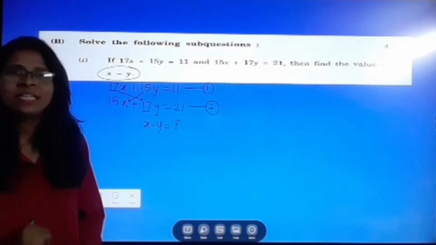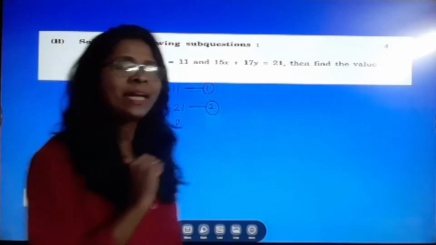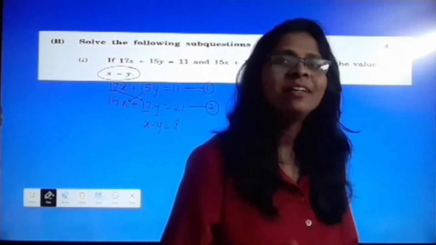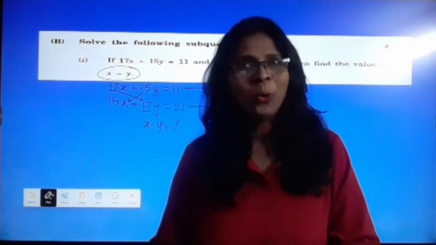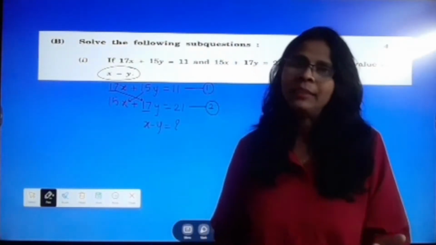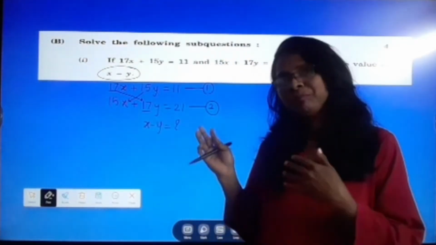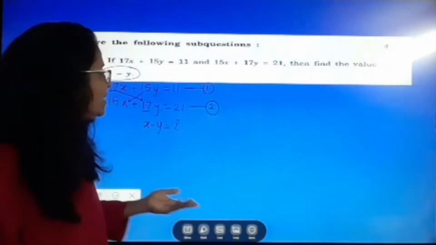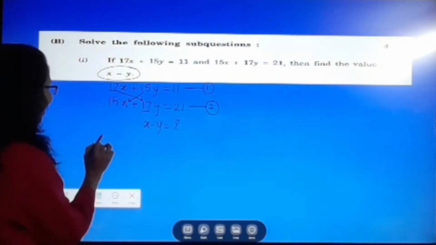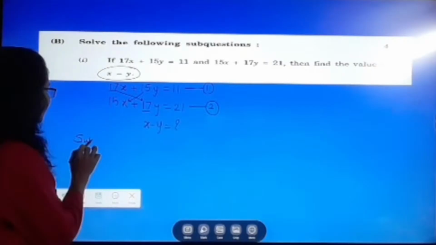So that means if you subtract these two equations then you get the x minus y value. Okay, so let us check whether we get the value of x minus y or not. Very easy. So here students, I write that subtracting